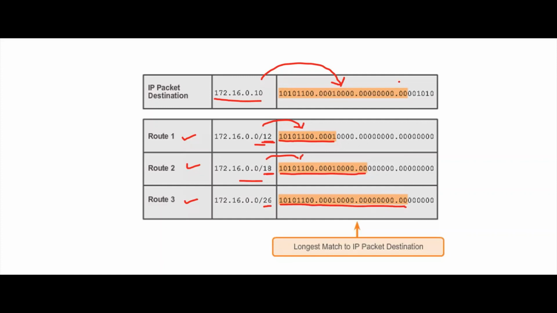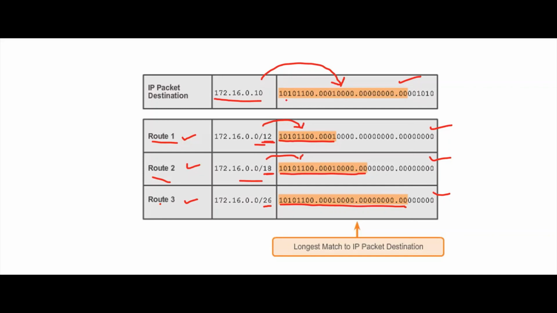Now this is my destination. I want to go here. There are 3 paths: this is the first path, this is the second path, this is the third path. You don't need to worry about whether it is ultimate, level 1, or level 2. I have 3 paths, that means route 1, route 2, route 3. Now I want to decide which one.